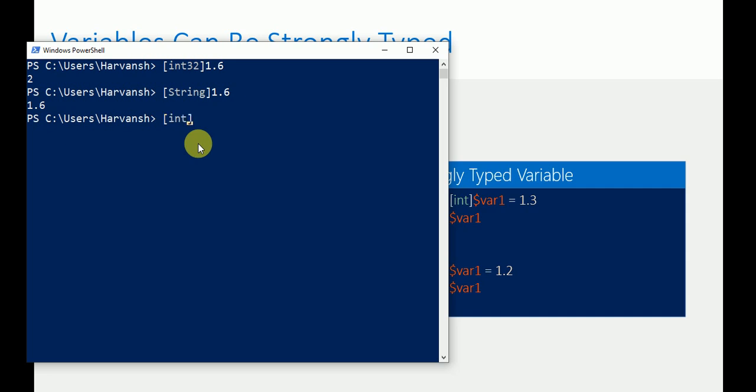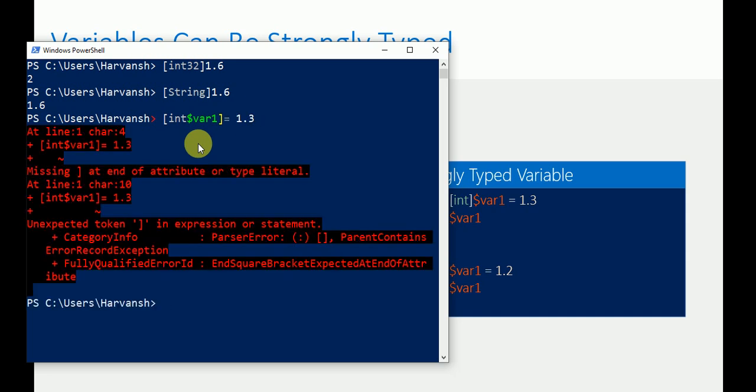I have the int value, let's take a dollar for 1, equal to 1.3. So now this makes a strongly typed variable. If you define your data type with the value, that will count as a weak variable.